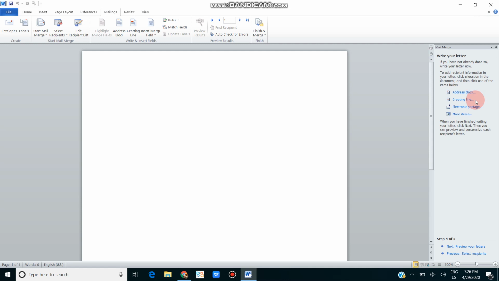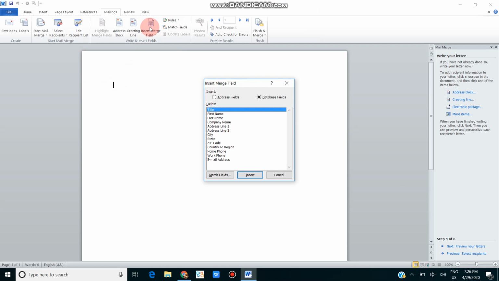Now wait, see here, inserting merge field. Yes, now I will click on it. This is one option, insert mail merge field. Students, what is the title of my application? So here I have to select the title. Whenever I click on it, I will click on insert title. The title has come. Then after that, enter. These two titles are there.